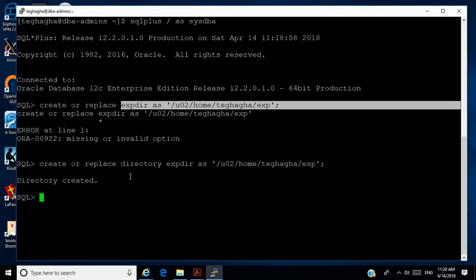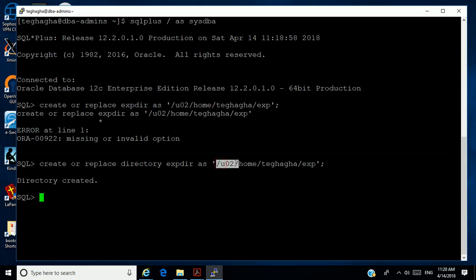So what this command is doing, the command does not create the directory on Linux for me. What it simply does is to map it. It assumes that the directory is created. Now, if this directory does not exist, it will not give you an error. But when you try to use it later, you will discover that it is not working. Okay, because the directory does not exist. Okay, so it's important to know these things, for instance.